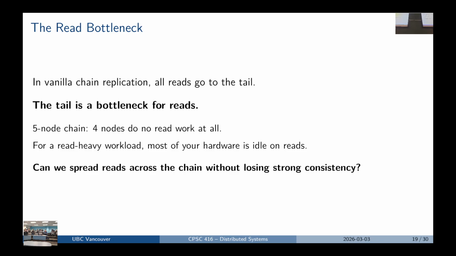There's an interesting bottleneck here, which is the read side. In vanilla chain replication, that means the original description, reads become slower because even though we have 5 nodes, we're only reading from one of them. So that one ends up getting bombarded with all of the read traffic and becomes the bottleneck. So a read-heavy workload, which in fact is the most common case, it's not uncommon for people to look at 95% read, 5% write workloads because they happen in the real world, like Twitter,